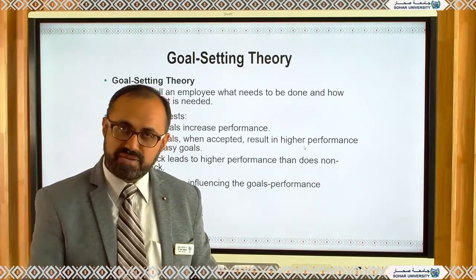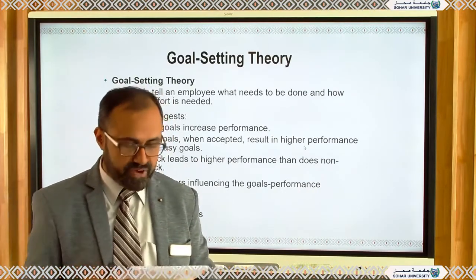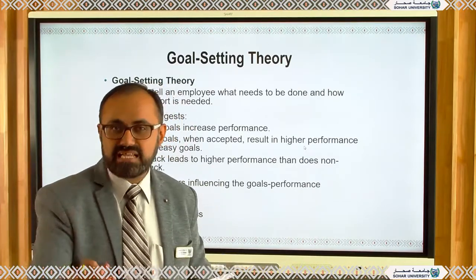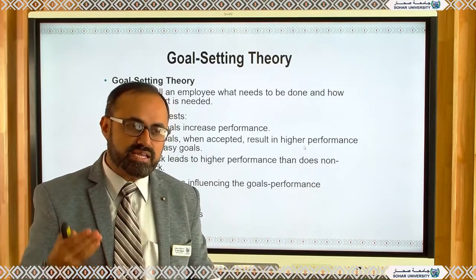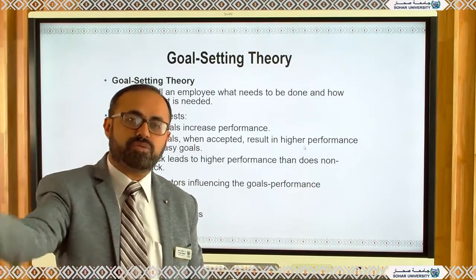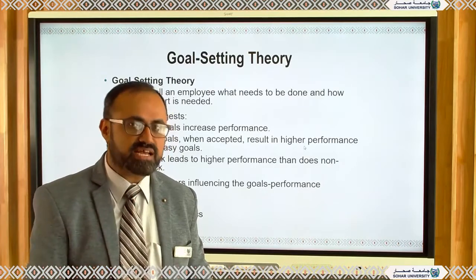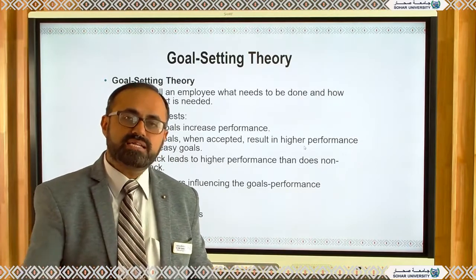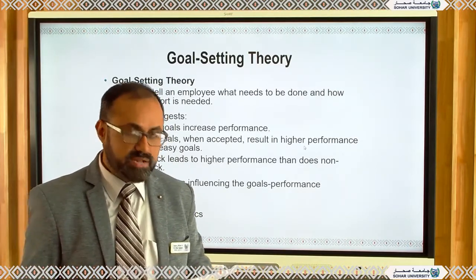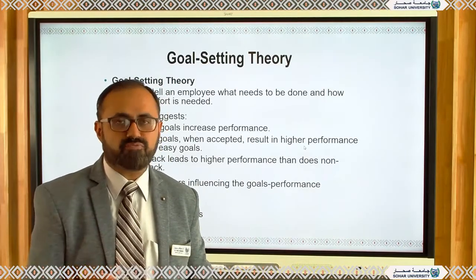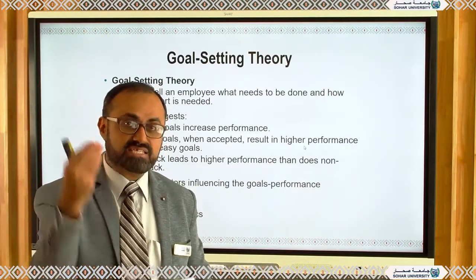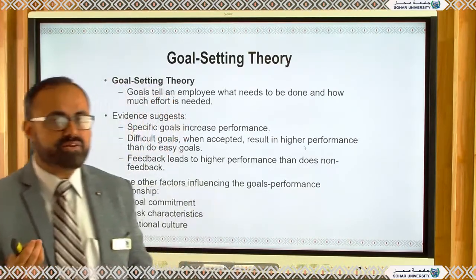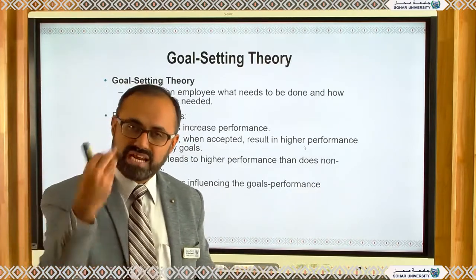If the goal is not being achieved, then your boss and organization give you proper feedback to achieve that goal. There are 3 main factors: goal commitment, task characteristics, and national culture at the same time. Some national cultures are really not cooperative in this regard, and we normally inherit the national culture into the organizational culture. So if someone is not coming on time, and this is the national culture overall, and the same is adopted in the organization, that could be a real problem for us to achieve a particular goal. Similarly, tasks, if a task is really creative, for example, during COVID-19 you see that most of the things have gone online. We are delivering lectures online.